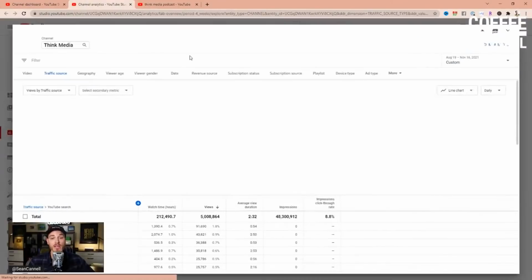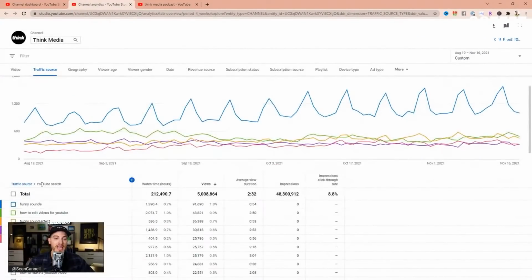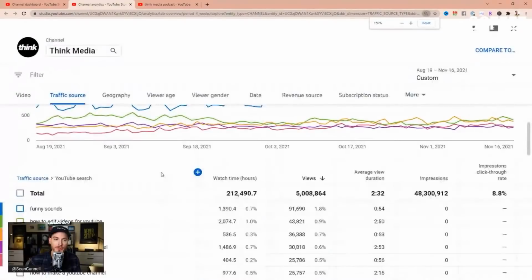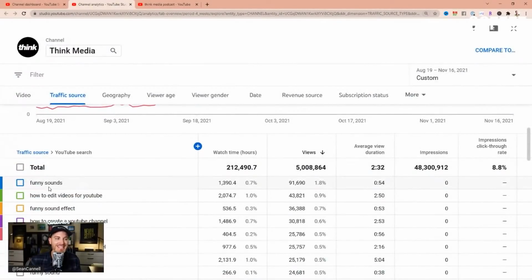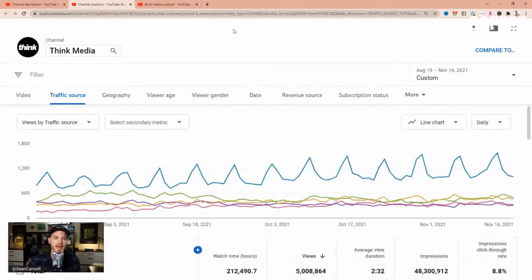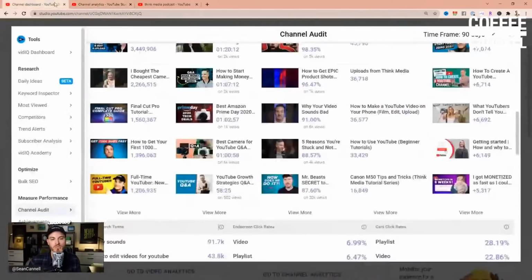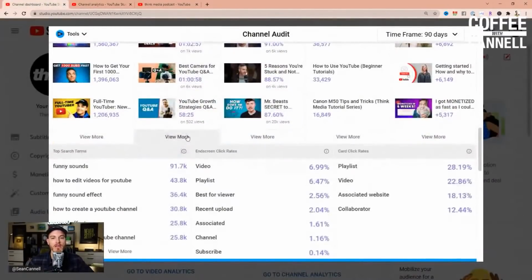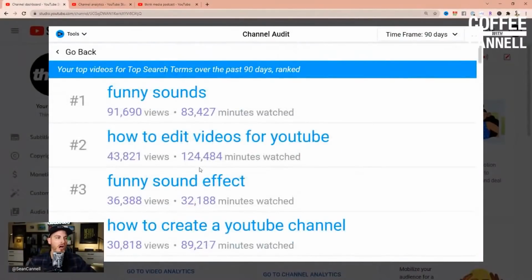And then if you click on it, by the way, it's going to take you over to the actual traffic. And this is now into your YouTube Studio proper. So the search term funny sounds has led to 91,000 views on Think Media. The next one over here is how to edit videos. So again, this is back in your YouTube advanced features. So you could find that data, but here on the channel audit tool, it's just making it really easy and saying, okay, here's the top